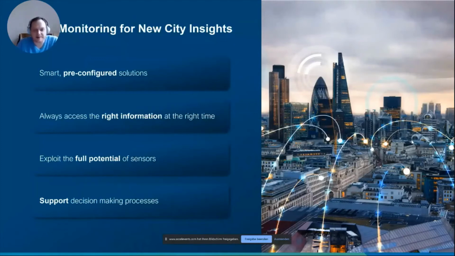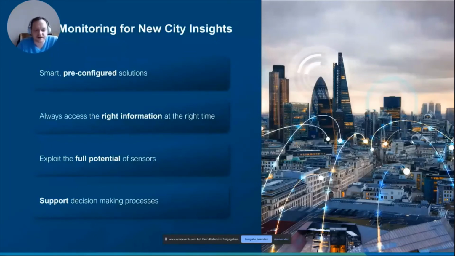We also say that it always provides you access to the right information at the right time. And you can also interpret it in that way: we are filtering down to the information that is necessary for you. You do not have to deal with all of it. So the system takes care that you really only have to focus on the items which are important at this point in time.